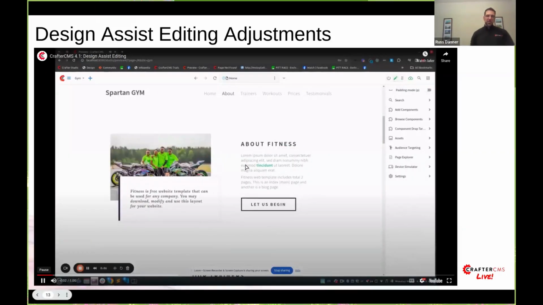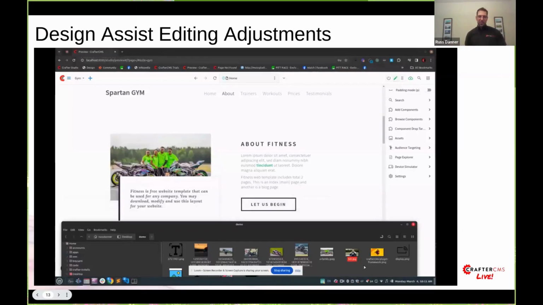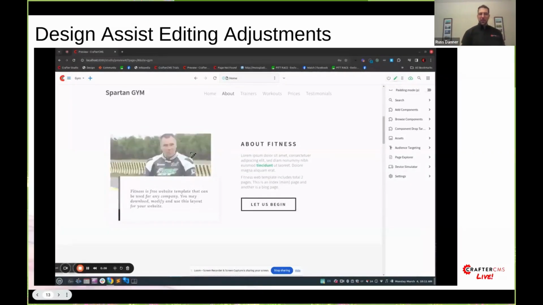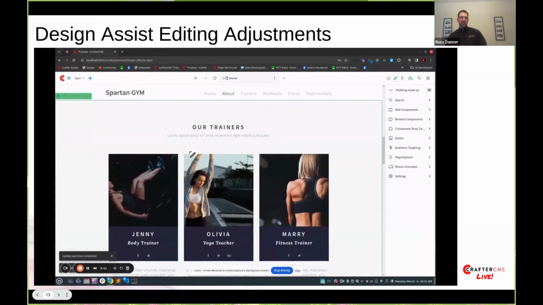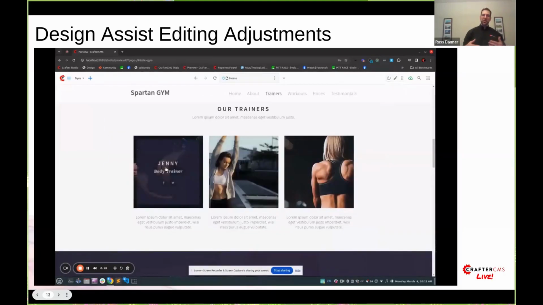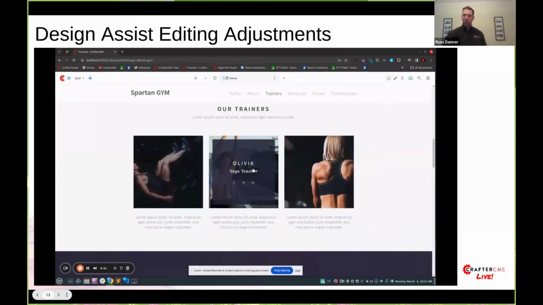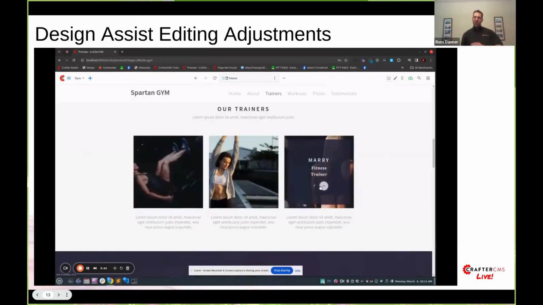So you can see here, I'm going to grab an image, and you see I drag it over this area here, and it's really easy to just drop it, right? But that's a simple use case. In the real world, we have rollovers and hovers and other kinds of design elements that designers love to incorporate into our experience. And the problem with that is these can kind of get in the way of the editing